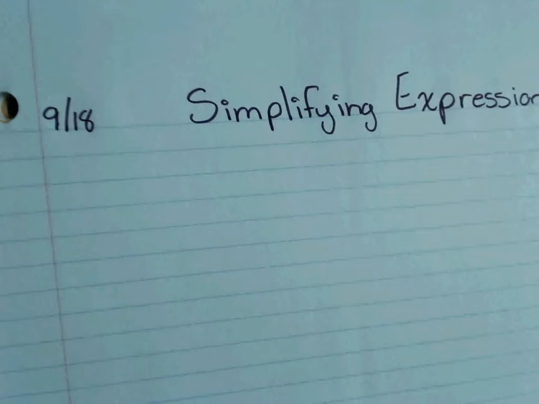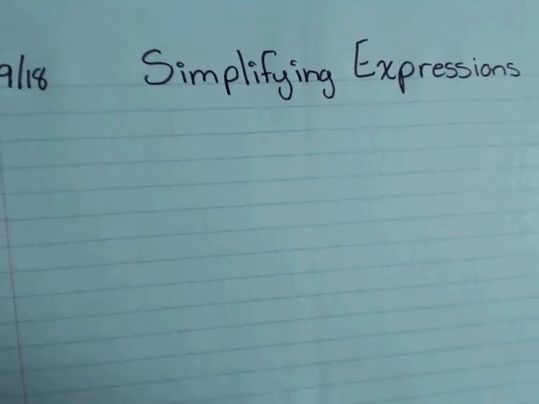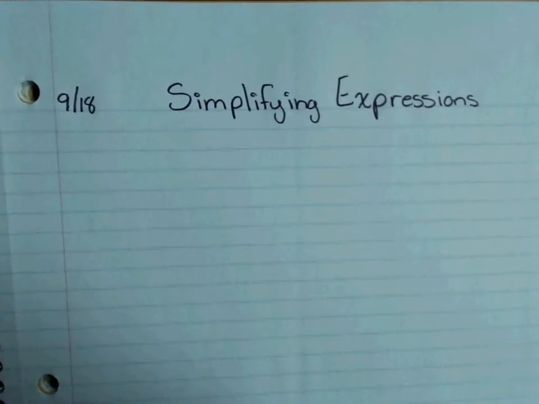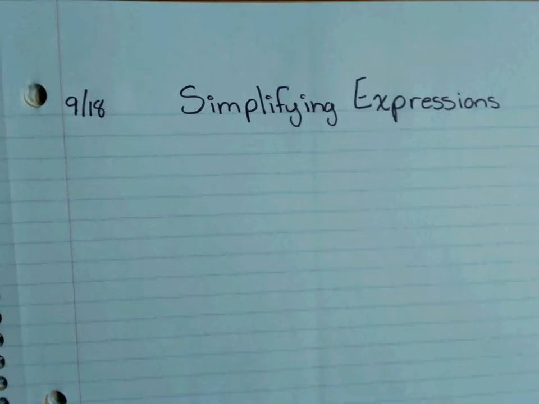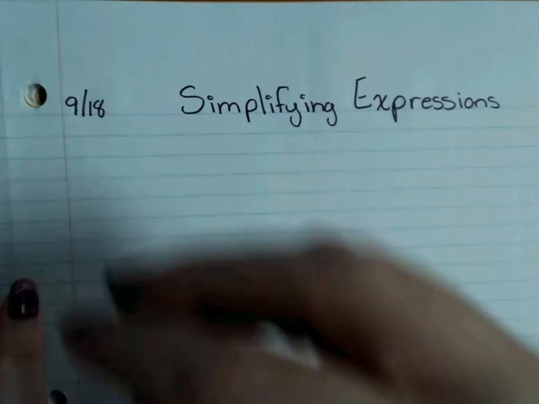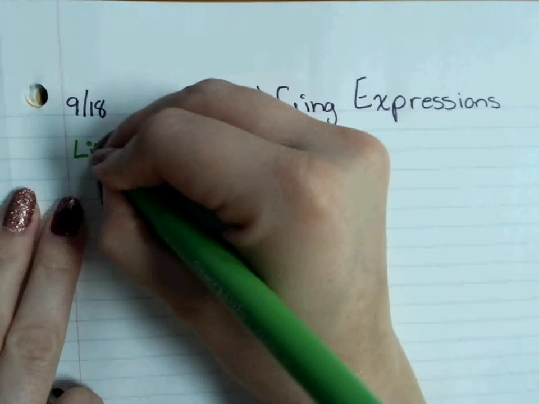Here we go. We're talking about simplifying expressions today. So like you saw in the video, you're going to be talking about combining things that are like terms. Now when we talk about like terms, we're talking about values that have identical variables raised to the same power. So let's go ahead and write that down. Like terms